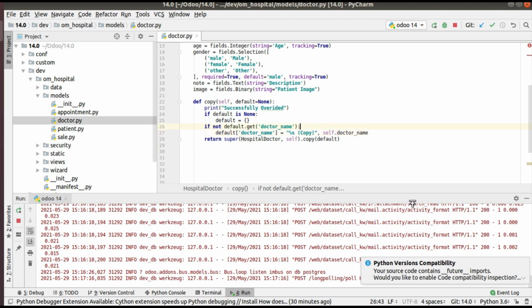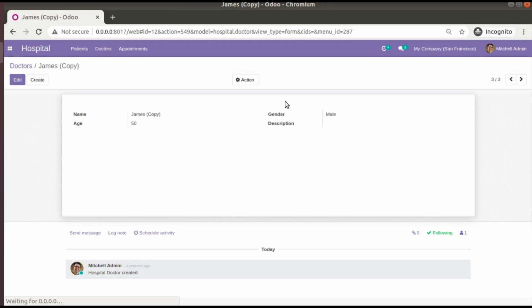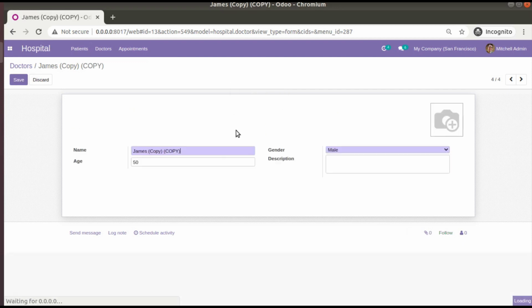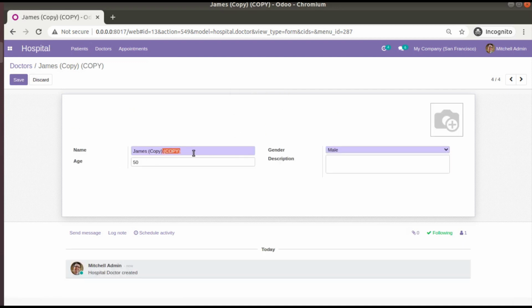And if I do Control Z, this underscore and bracket is for the purpose of translation. You can keep it like this, or like this, for the purpose of translation. If you need to put it in capital letters, you can give it like "Copy". Then if you duplicate again, you can see the name is coming like this.